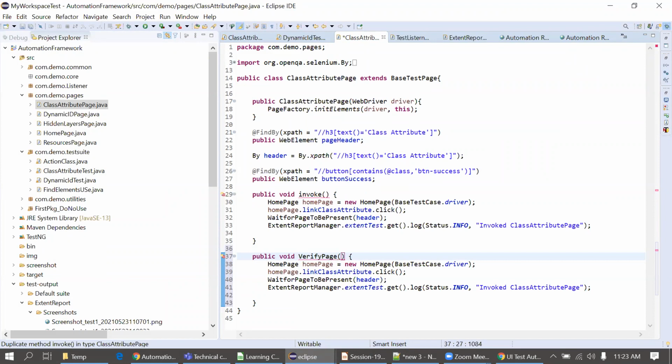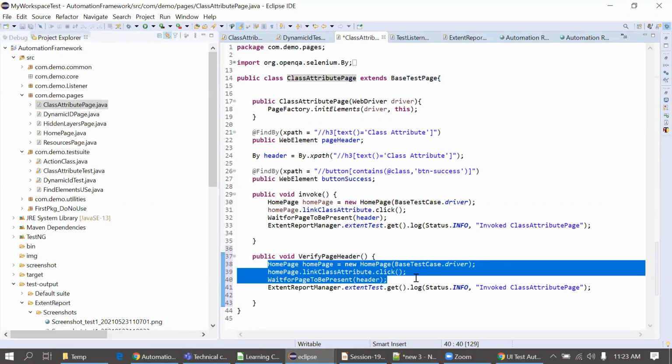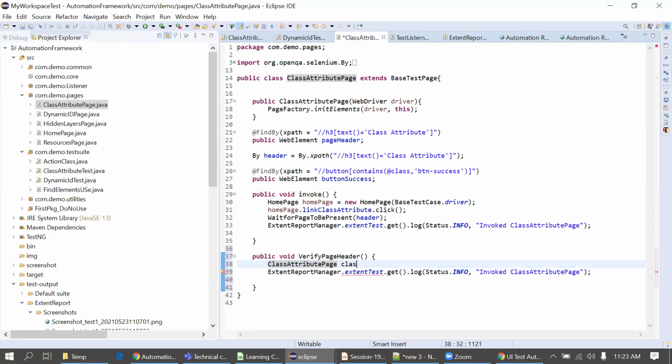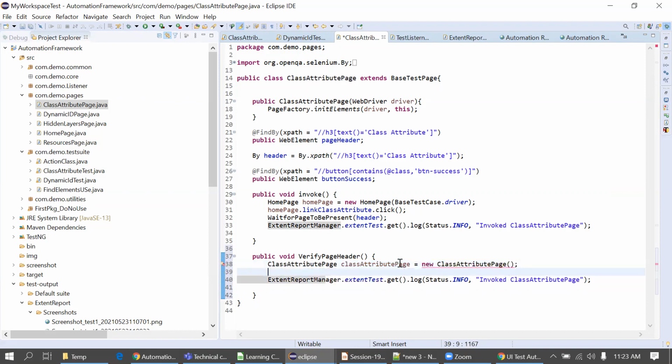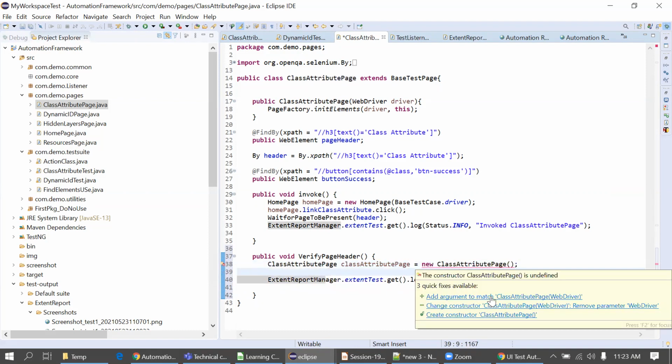Verify page header. Which page is this? This is the class attribute page. New. It is expecting a driver here.